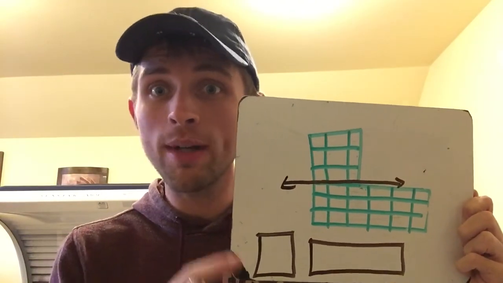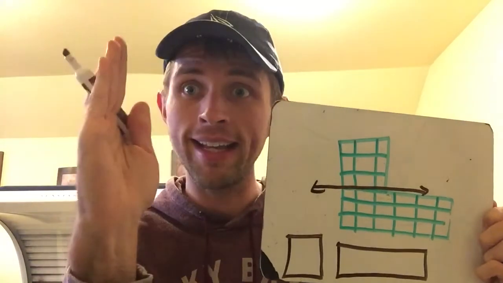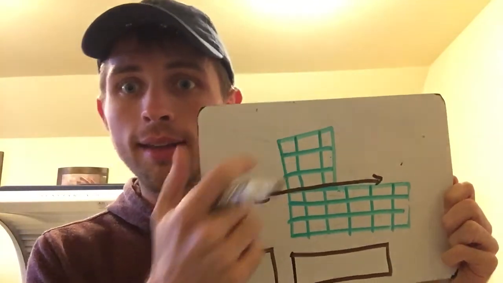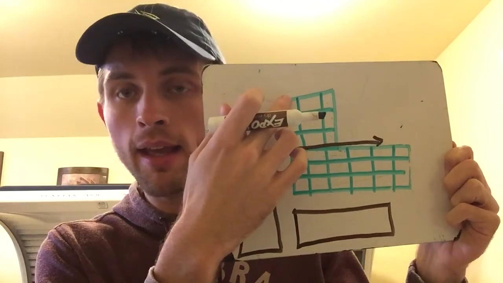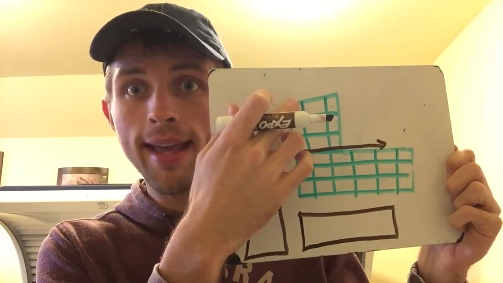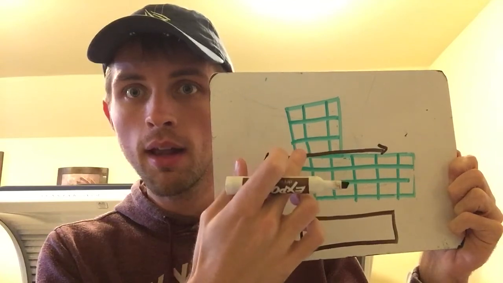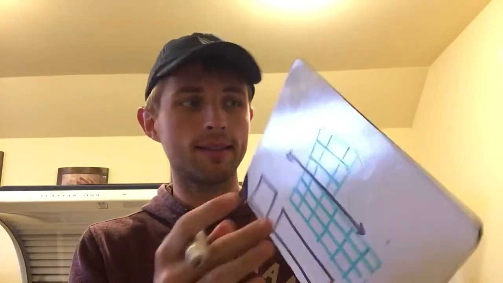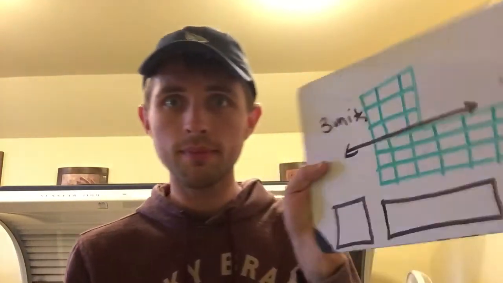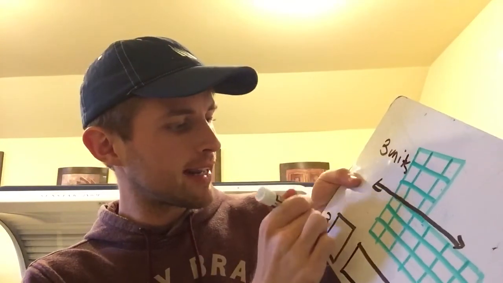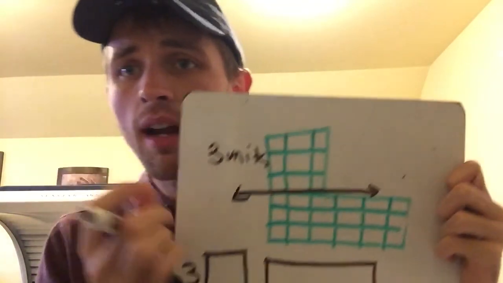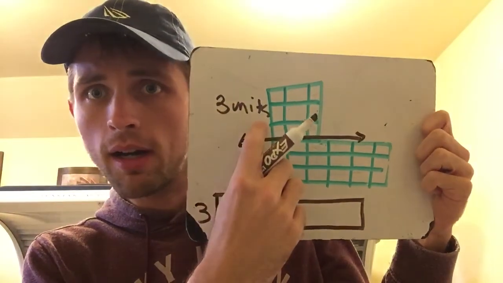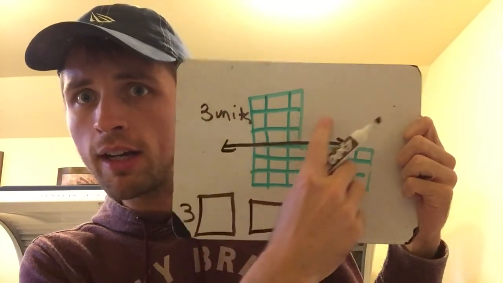Now, to find the length, I'm going to count up and down because length is how tall, right? So let's start with this first shape up here. If I count up and down, how many units is it long? Let's count. 1, 2, 3. So we have 3 units. So what I'm going to do is I'm going to write 3 units up here. And then I'm just going to write a 3 down here, all right? If your square up here is 3 units long over here, what